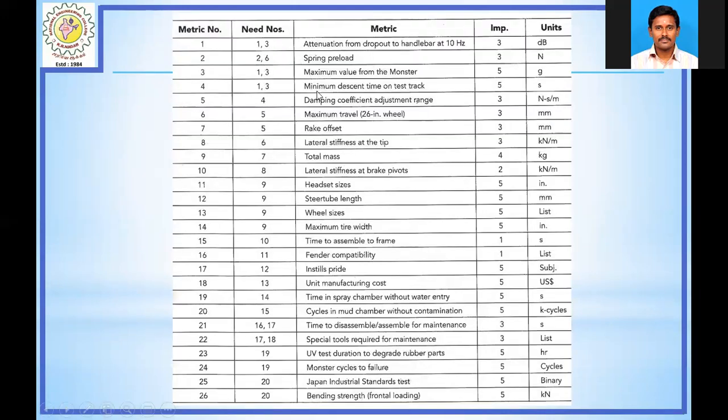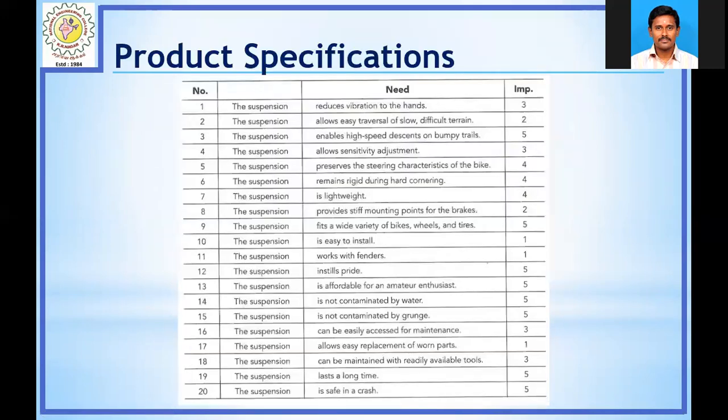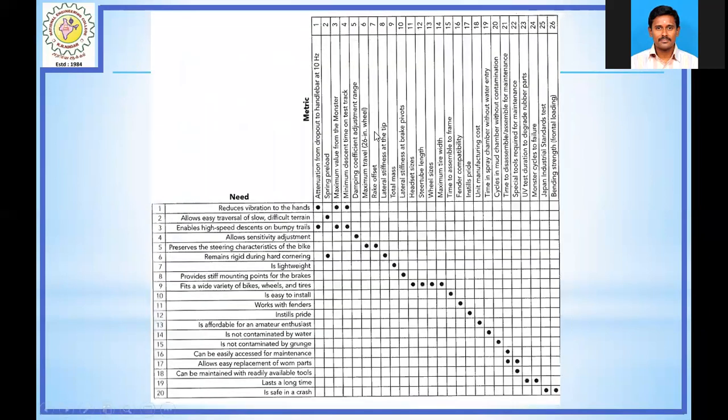In the same way, each and every need can be achieved by various technical recommendations of the product for the preparation. Some ideas can satisfy more than one need. That also happens. And the importance number is also listed here. And these are nothing but the scientific units. So in that way, metric is nothing but how we are going to achieve the particular need. And need, as we know, is the requirement on the particular product. After that, we have to form this chart. This chart is the important part in this stage, the need and metric chart.